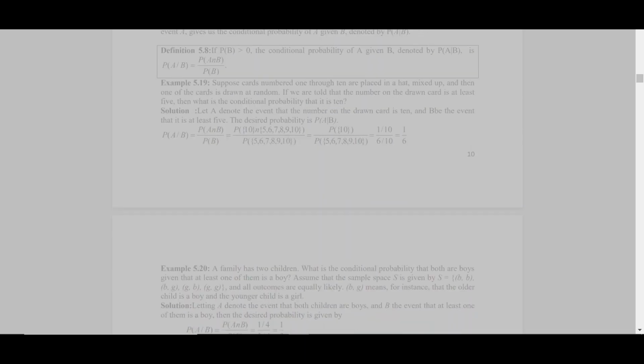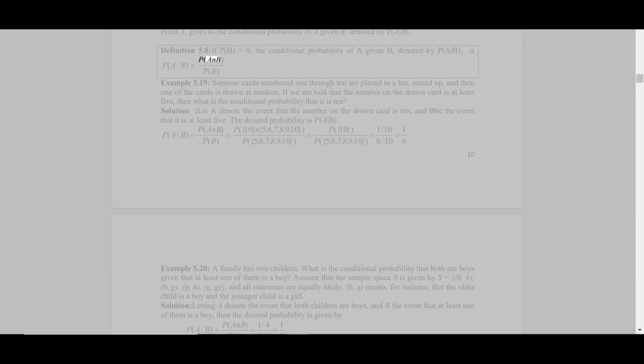In more precise terms, given an experiment, a corresponding sample space, and a probability law, suppose that we know that the outcome is within some given event B. We wish to quantify the likelihood that the outcome also belongs to some other given event A. We thus seek to construct a new probability law, which takes into account this knowledge and which, for any event A, gives us the conditional probability of A given B, denoted by P(A|B). Definition 5.8: If P(B) > 0, the conditional probability of A given B, denoted by P(A|B), is